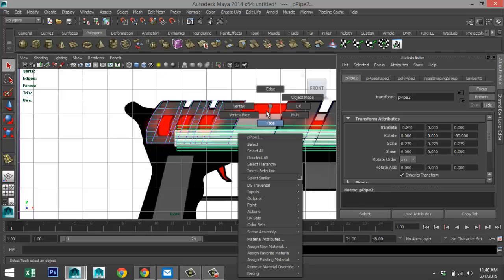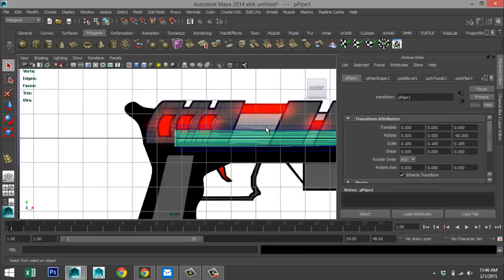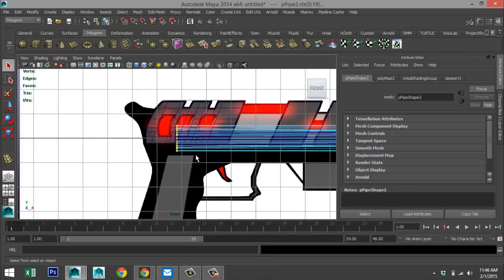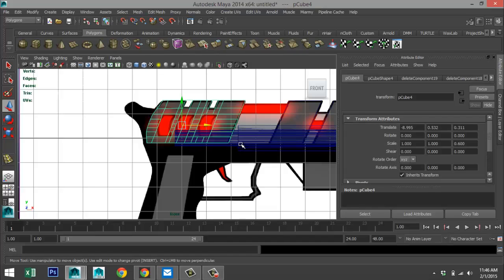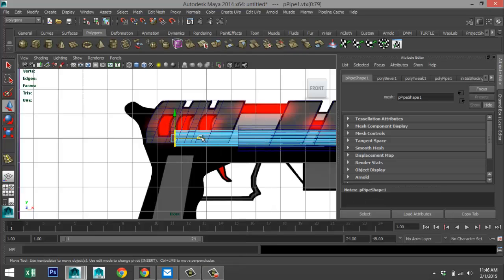Sorry, just on these. Drag select those, hit W and move them over here. Like I said before, we're not going to see them. So that will help us to get towards where we need to be.